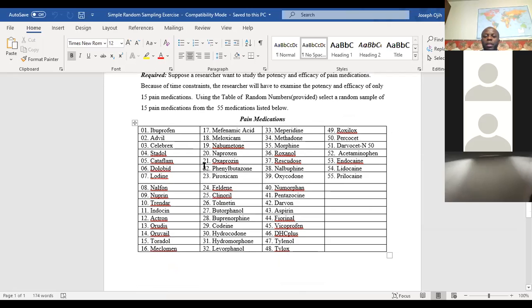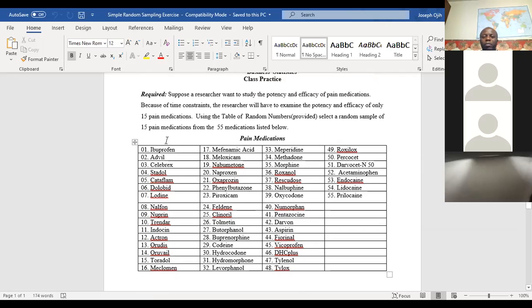So look at the 55 medications. The first thing you do is give that population serial numbers, like I have for them already here. The first number here is 01 for ibuprofen. The second number here is 02 for Advil. You are asked to select 15 medications out of 55 at random in such a way that all the medications will have an equal chance of being selected.